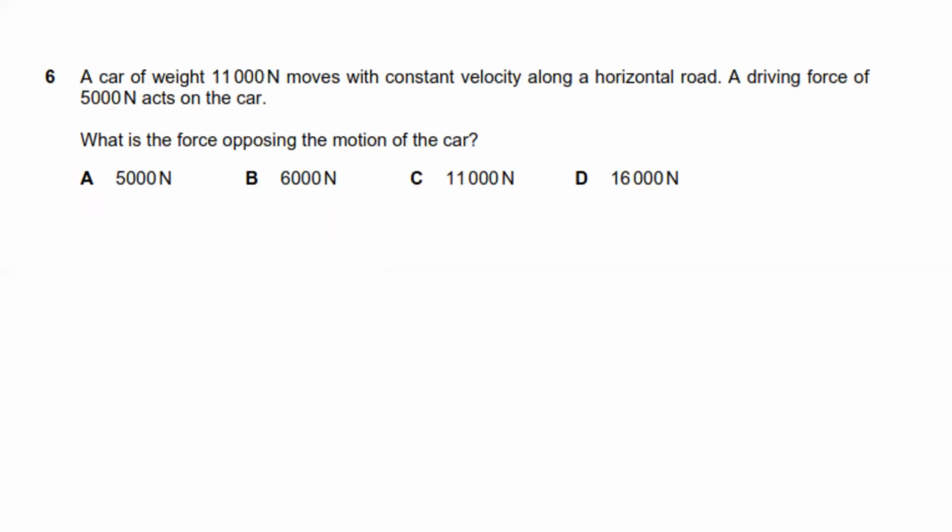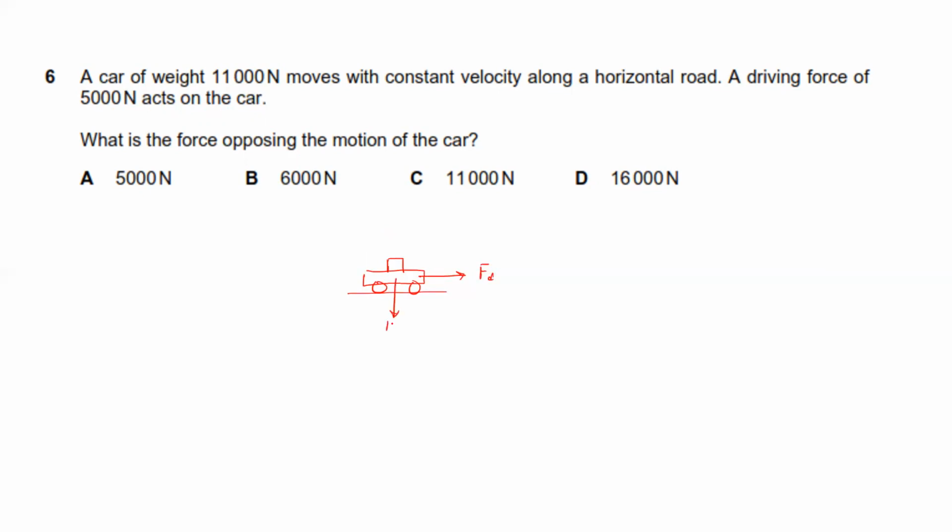Then question number 6. A car of weight 11,000 newtons moves at constant velocity along a horizontal road. A driving force of 5,000 newtons acts on the car. What is the opposing motion of the car? So remember, the driving force is the force that is actually driving the car, and that driving force is calculated after all the